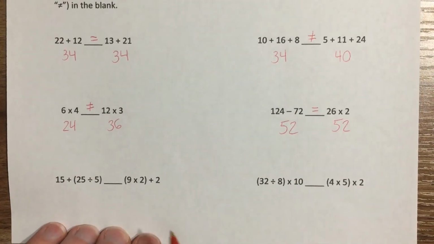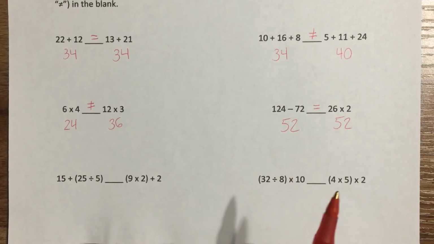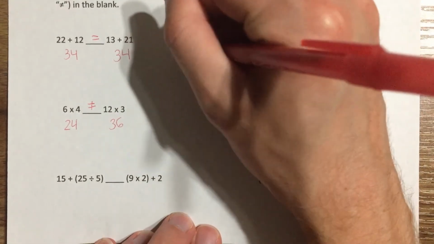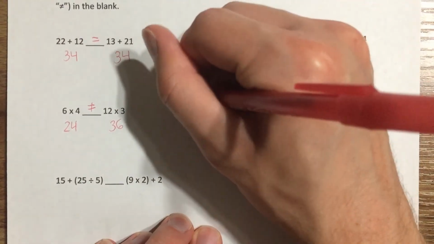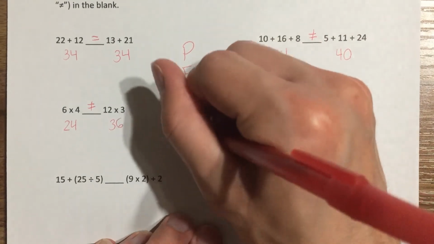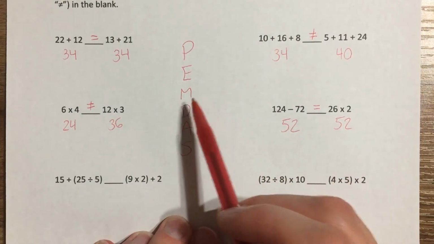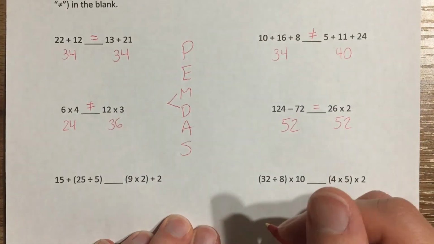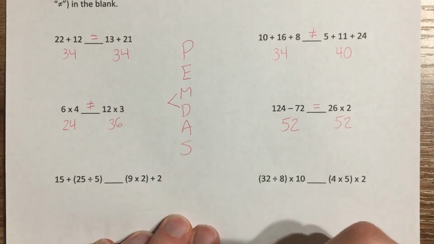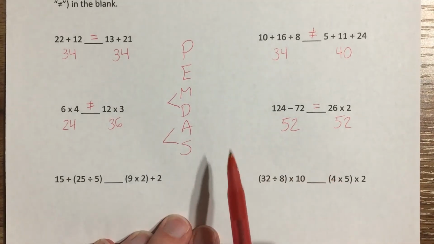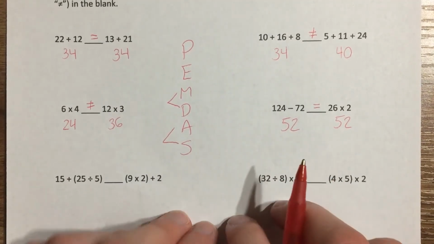And then our last 2 down here at the bottom. Now, here is where our order of operations is going to come into play. If you remember last time, we had, and I'll write it right down the middle here, PEMDAS. We had parentheses, exponents, multiplication, division, kind of on the same level. If you have multiplication and division left, just do them left to right. Doesn't really matter which order you do them in. Same with addition and subtraction. But